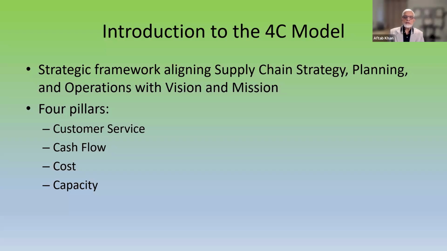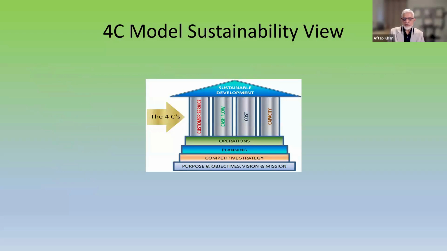And that leads you to utilize tools such as Lean, Six Sigma, and many other tools that you will be using. Then capacity. Capacity is your ability to deliver customer service. Capacity is where you ship from, the warehouses, where you make the stuff, your factories, and your capability. Capacity and capability are two different things. Capability is how you can maneuver through different constraints. And the capacity goes back to customer service. So they go in a circle, but the priority order is customer service, cash flow, cost, and capacity. So this is the model.